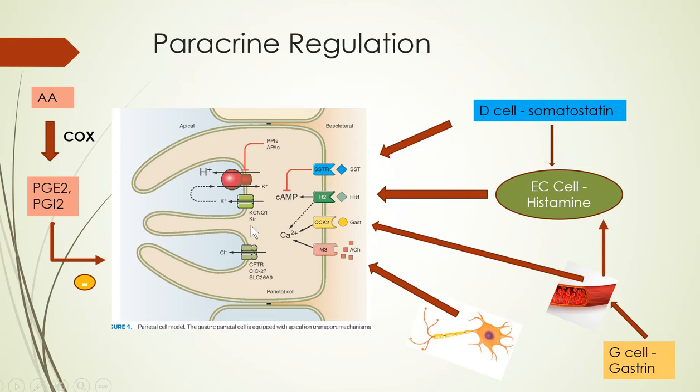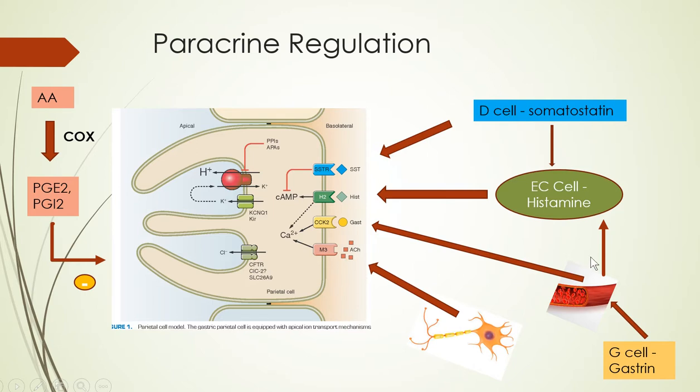So here we'll be talking about how acid secretion is being influenced by other cells. Okay. So this image is showing a parietal cell, and this is the gastric lumen having hydrogen potassium ATPase. Now this hydrogen potassium ATPase is influenced by many substances secreted by many cells. We will be seeing that. So the parietal cell has different receptors where those substances act and either stimulate or inhibit acid secretion. Let's just have a review.